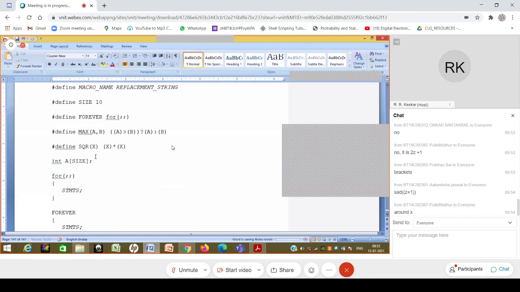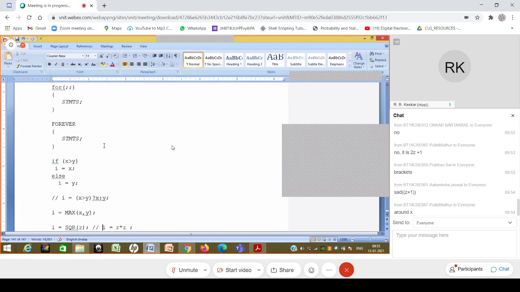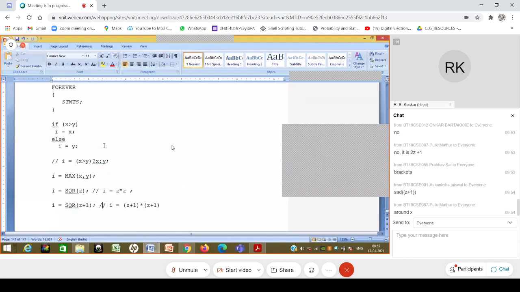So these brackets are very important. There is a problem with this max, and we need to be careful with such kind of things.